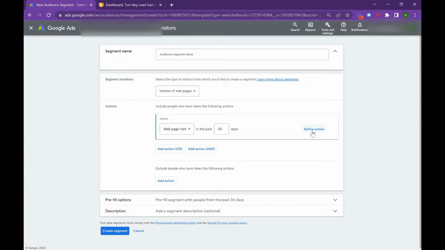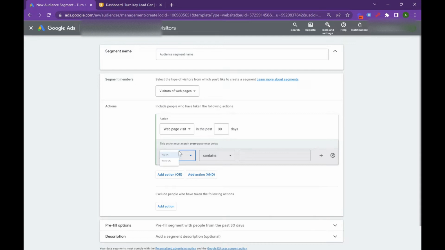So we're going to hit refine action, so we can do page URL contains. Say you're a realtor and you have home search. You can build audiences just based on people that are searching homes, right? Or if you have two sides of this, you have the people looking for homes, but also the people wanting to list homes. You can retarget people using the home listing page, right? Again, every business is going to be a little bit different, but this way you can create two separate audiences to remarket, and you can use Google Display Network, Performance Max, YouTube, and build out really comprehensive